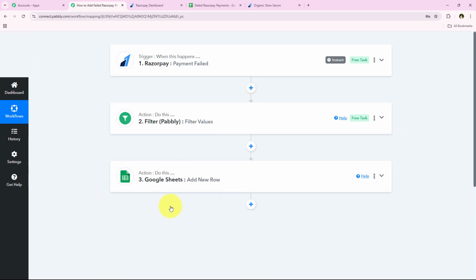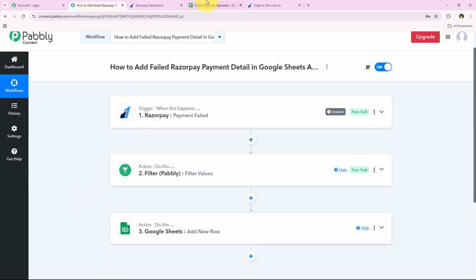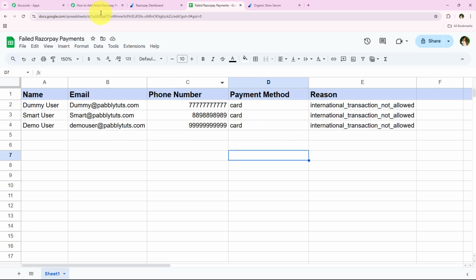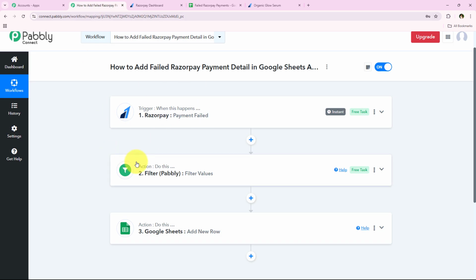So what I'm going to do is I'm going to open my Google Sheets and check for the details added. And yes, you can see the details have been added into my Google Sheets. You can see the same name, email, phone, card, which is the payment method, and the reason right over here, which we entered in our workflow. So yes, with this we have successfully completed our workflow, but I'll just test this workflow once,